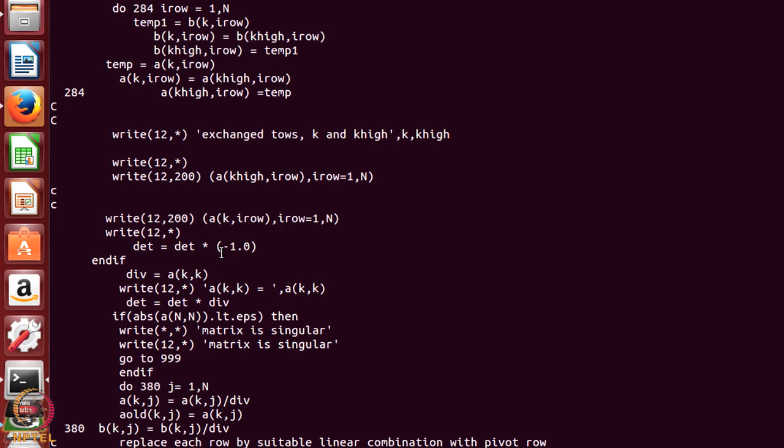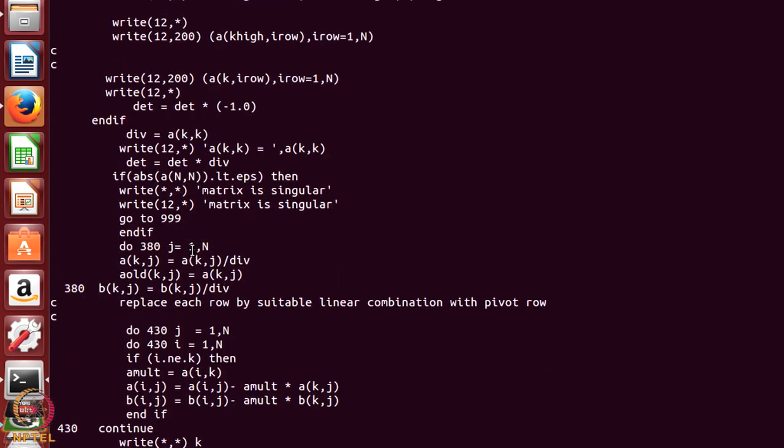Okay. So, I am going to divide now, and in case all the elements in that particular column are 0, then one of the eigenvalues is 0. Okay. So, therefore, I cannot calculate the inverse of a matrix.